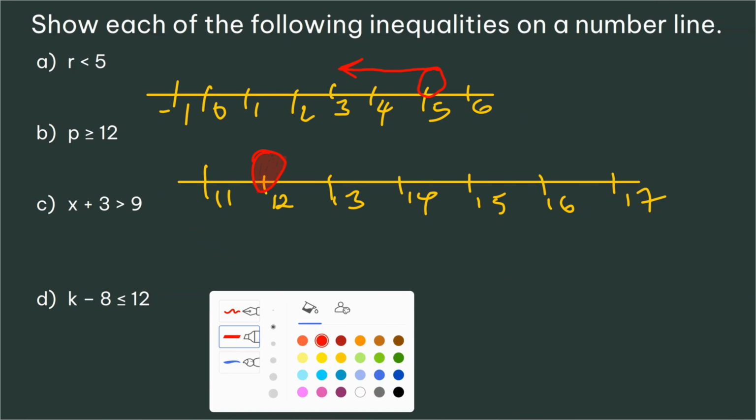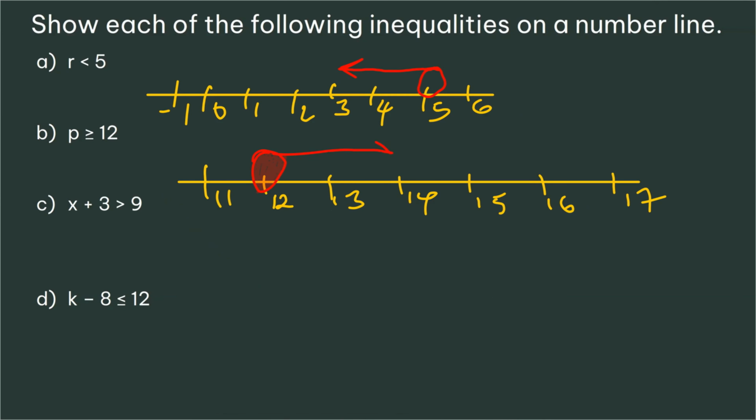So that's shaded. And then we'll show that it's adding on the right side because it's greater. So we'll be on 12, adding on the right side because it's greater. Now for C,